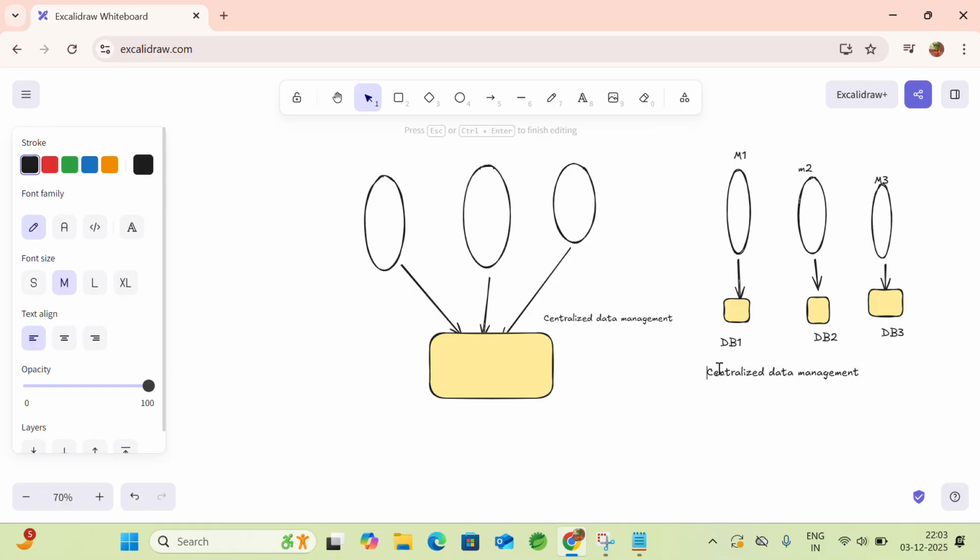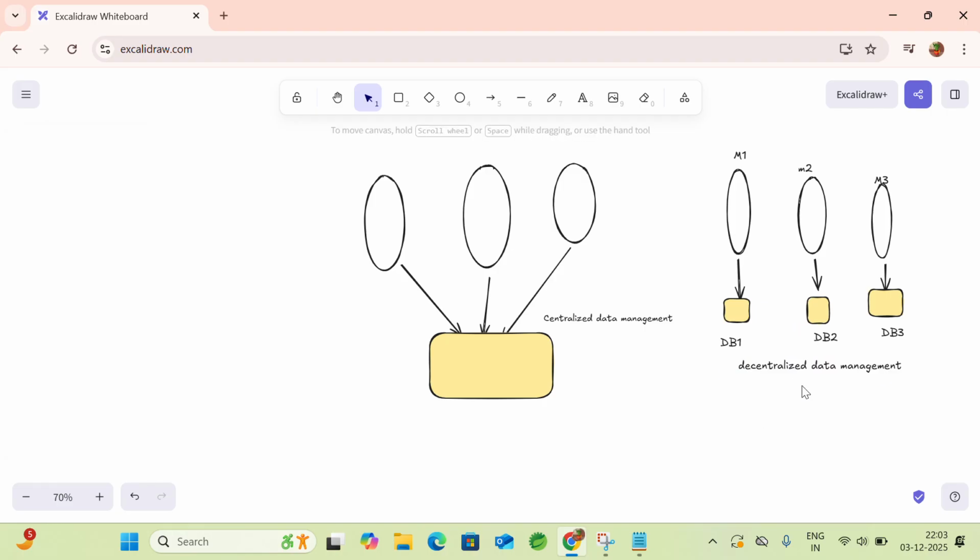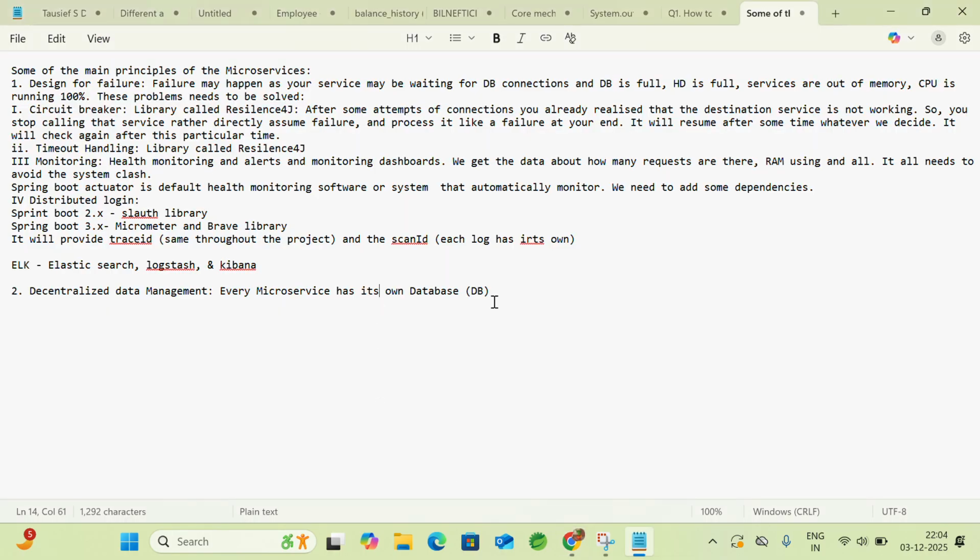This is nothing but decentralized data management. So this is what we are saying, that we must have decentralized data management. Like one service cannot go to the second service's database. Or let me write over here. What does it mean? One microservice